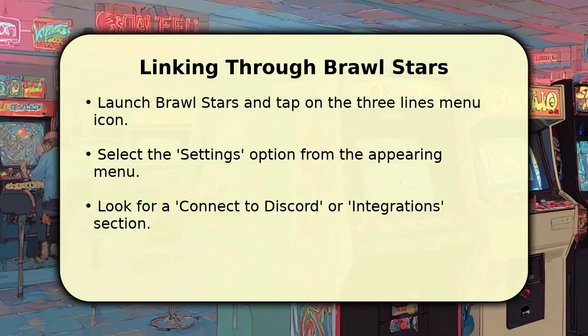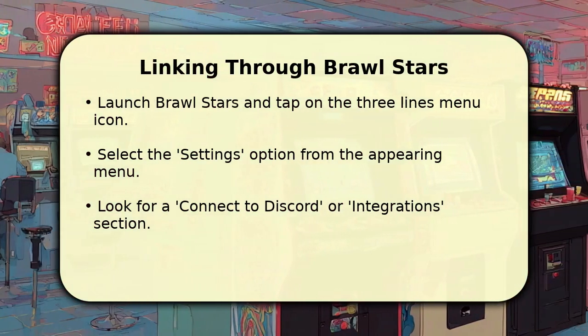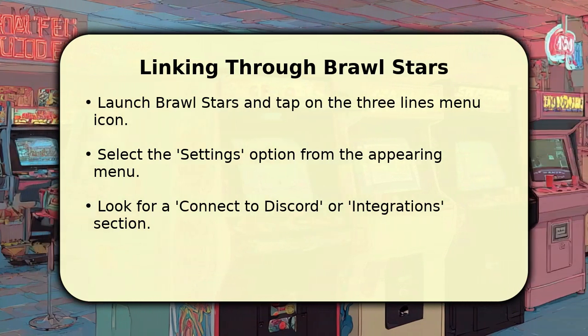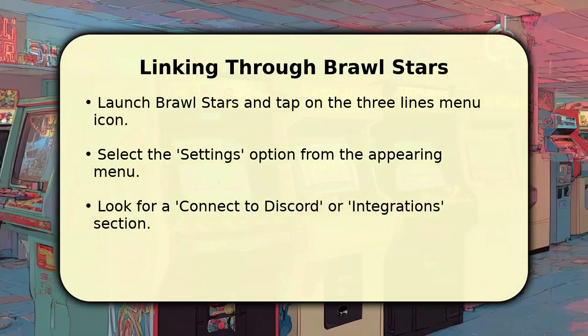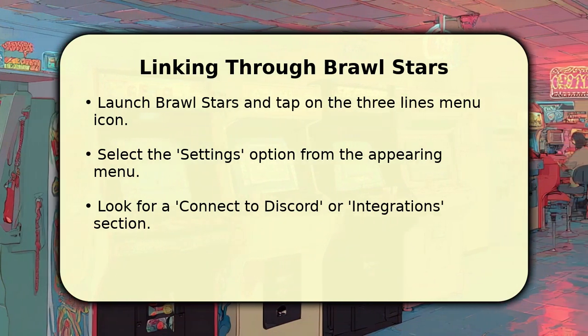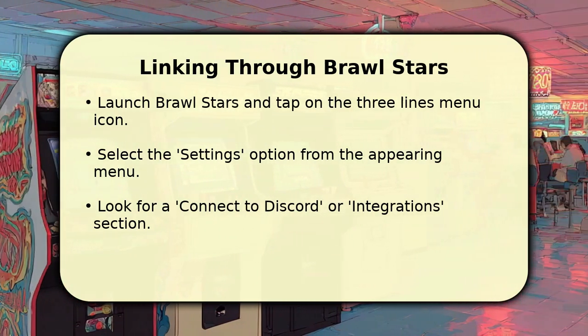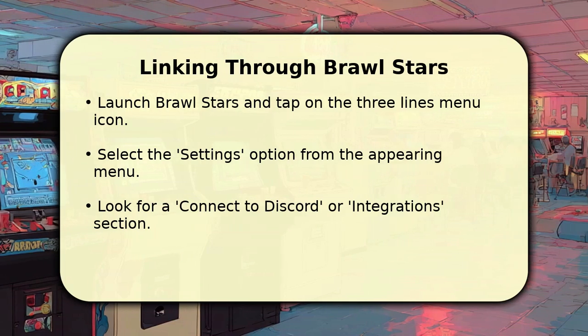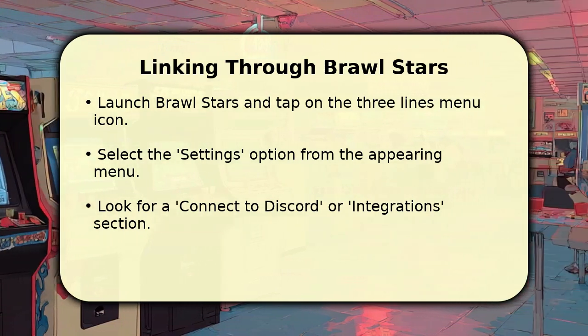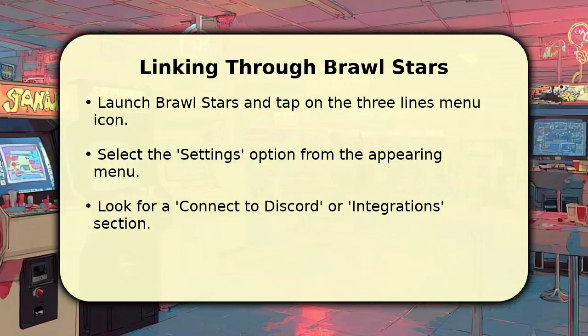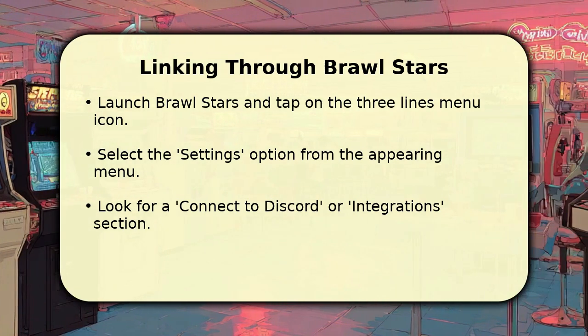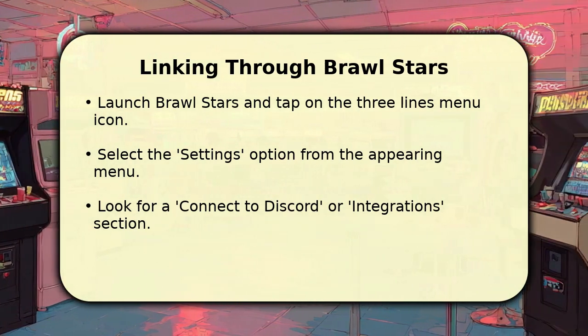Now, launch Brawl Stars on your device and tap the 3 lines menu icon, typically located in the top right corner of your screen. From the drop-down menu, select Settings. Within the game settings, search for an option like Connect to Discord or Integrations. Tapping this will usually open a browser window, asking you to authorize the connection with your Discord account, allowing both